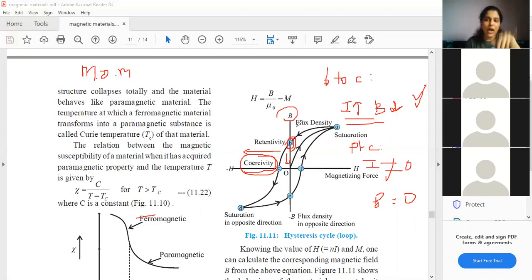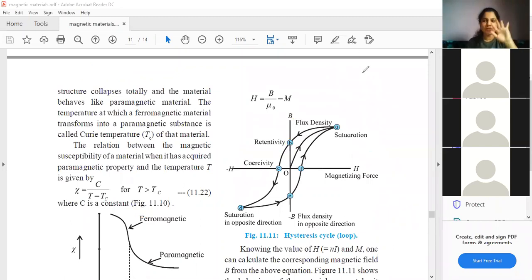Okay. Now what we do is after this small point B, I will reverse the direction of current. I will reverse it and I am increasing the current. It was 0 at point B, so now after changing the direction, we are increasing the value of the current. So when I do this, what I observe is that the capital B value that was retained will now decrease and reach 0. That is your point C.